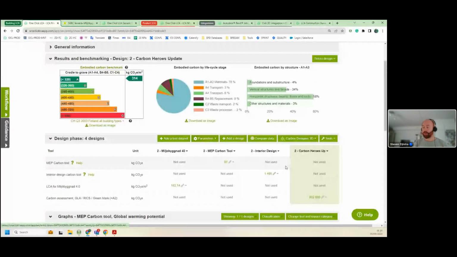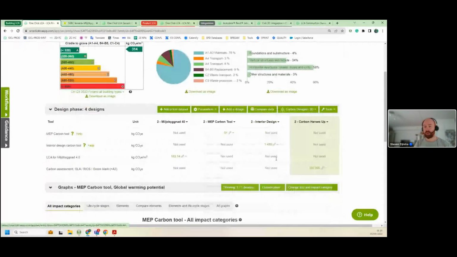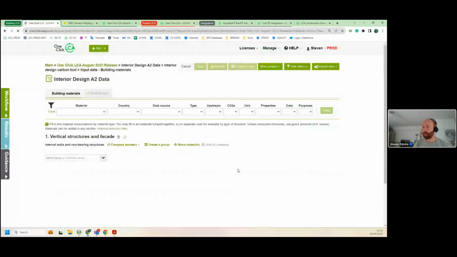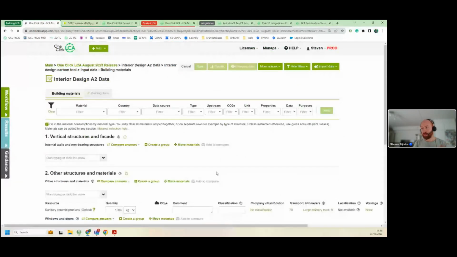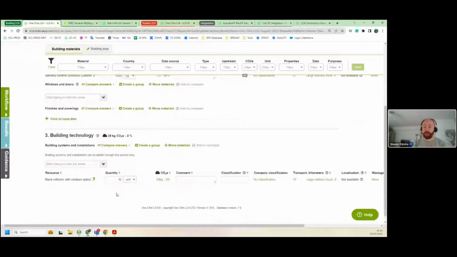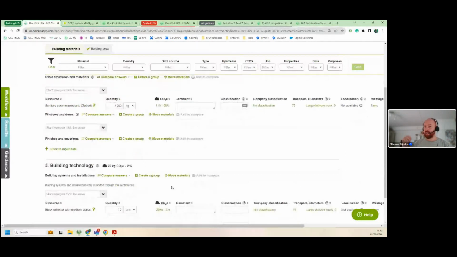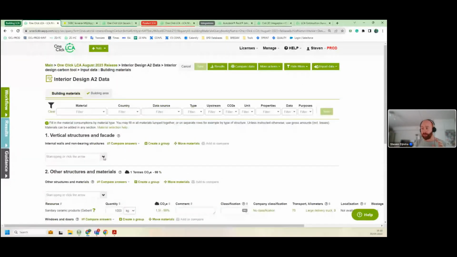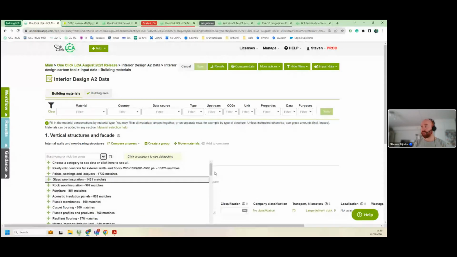So this was the last carbon tool which we still were giving plus A2 data. So if you're looking for that kind of data in the tool, you'll be able to find it. So the MEP data, but also any type of EPD which has plus A2 data, you'll now be able to find in this tool. Of course, I like the MEP tool, the scope of data in this tool is a bit more limited. So you don't have all the information